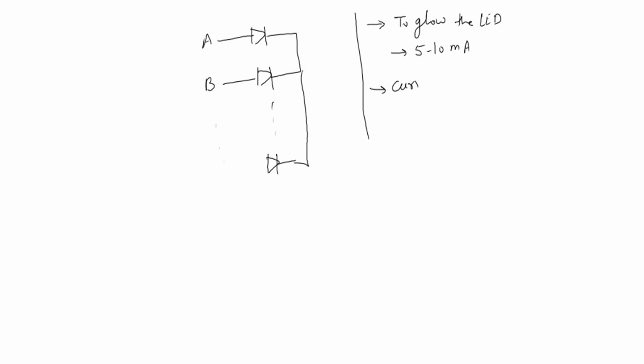To limit the current, a current limiting resistance is used, which will limit the current. So how will you basically limit the current? Let's suppose this is a diode, which can be any of the lines A to G. You have to connect a current limiting resistance across the diode, and you can use this in any kind of configuration. One will be connected to the ground and another will be connected to the plus 5 volt, right?